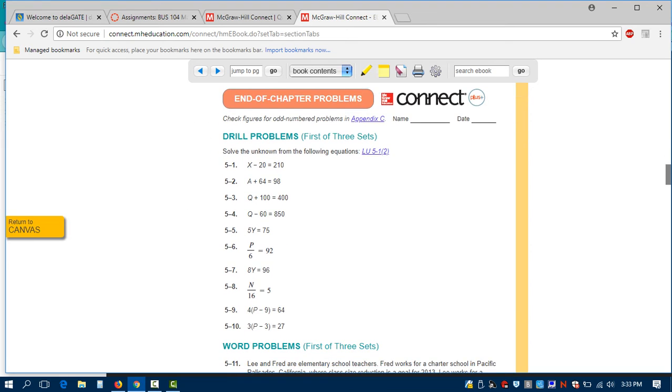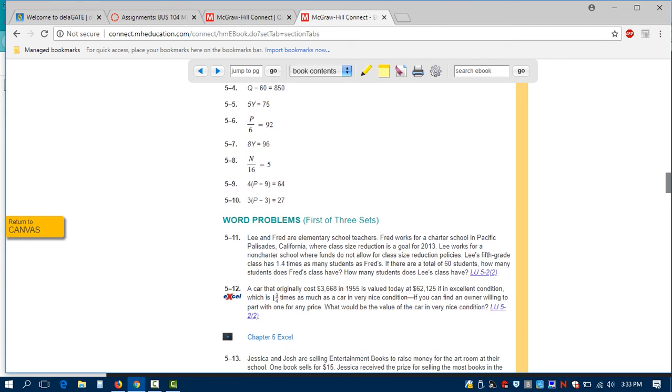So what happens here is you have the print text along with the eText. Well, at the end of every chapter, you're going to see more problems. And these are the answers. And you're going to see the drill problems, right? And they give you the answers. So again, pretty cool. Give you lots and lots of